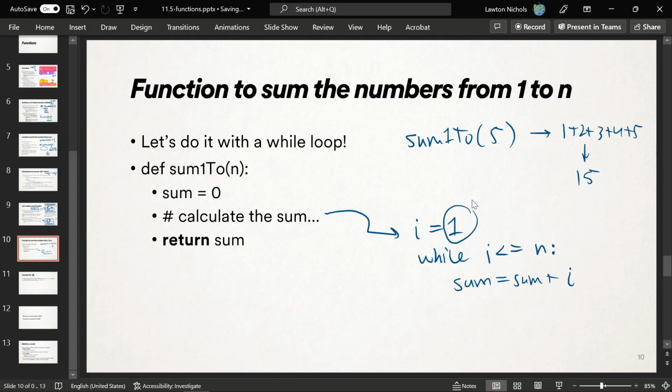Then get ready to add in the next value. i starts at 1, we want to add in 2 next, then 3, then 4. So every time we execute our body, we need to increment i as well. Okay? So that's the calculate the sum bit, and because it's going to give back the sum, we can use our sum 1 to n function, sum 1 to 5 for example,